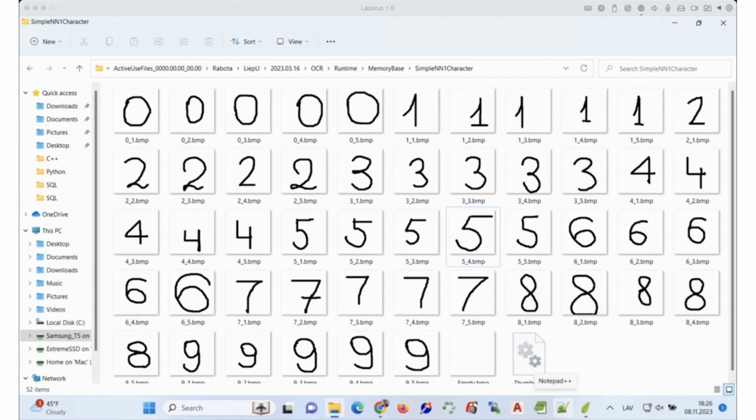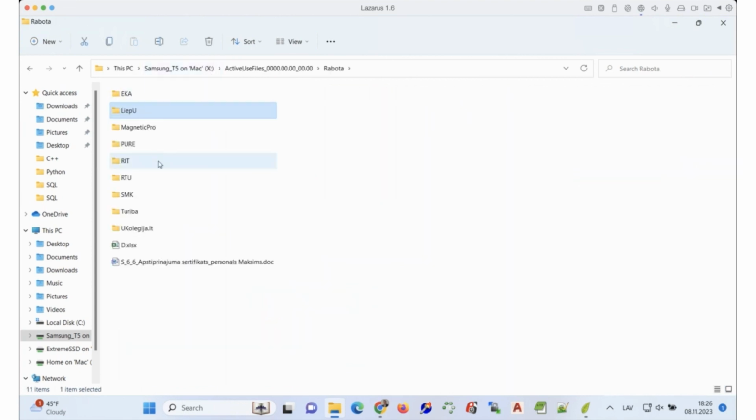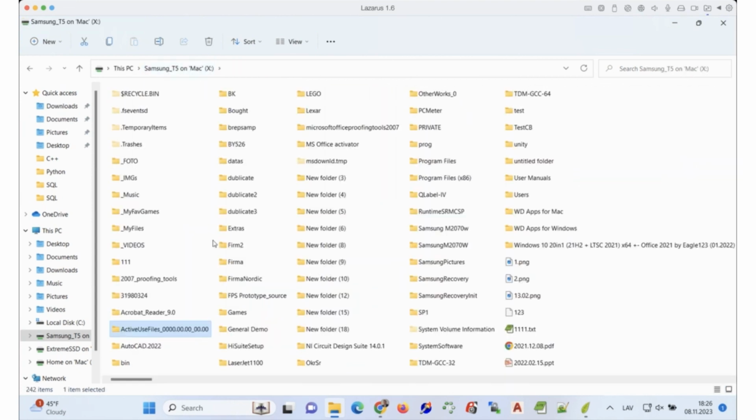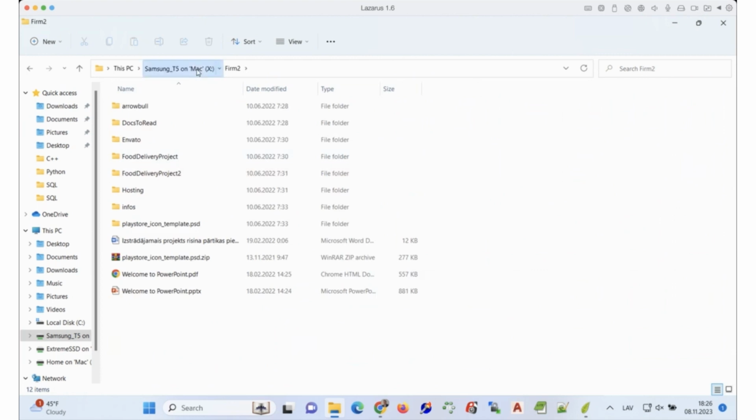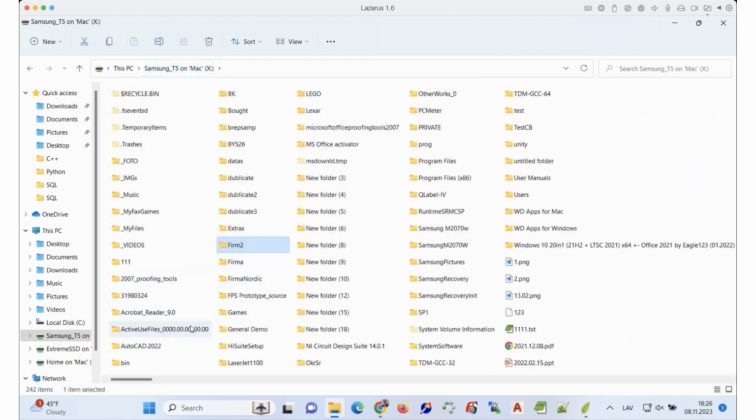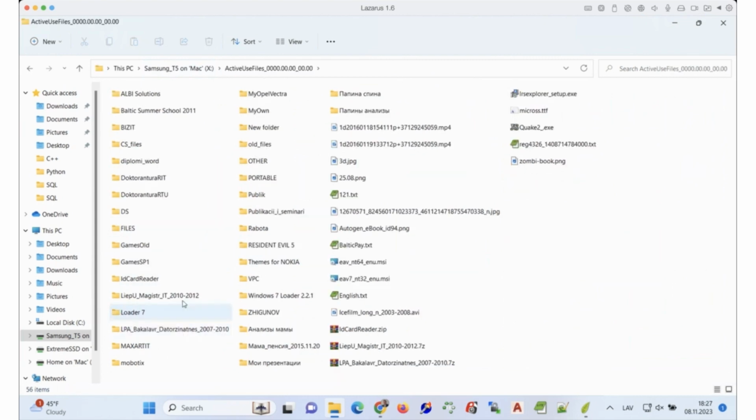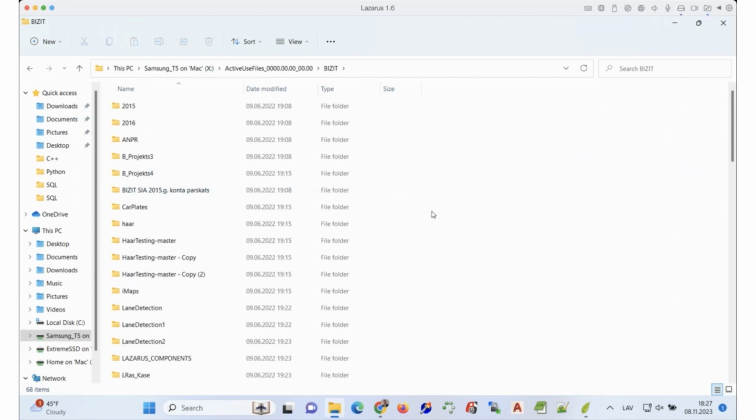So I don't even know what to show you more about these things. Maybe I can show you one of the applications which was developed some time ago, but I'm not sure if the server will still be supported. Where was it? Here? No, it's the Finnish company. Yes, the Bizet company.